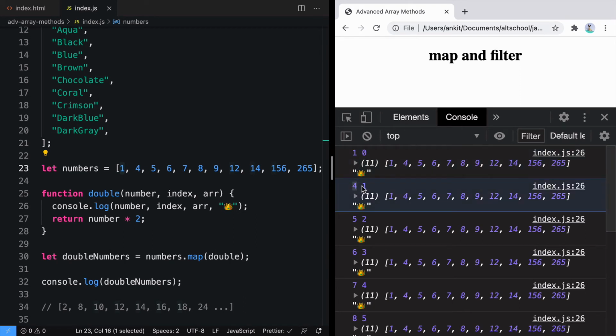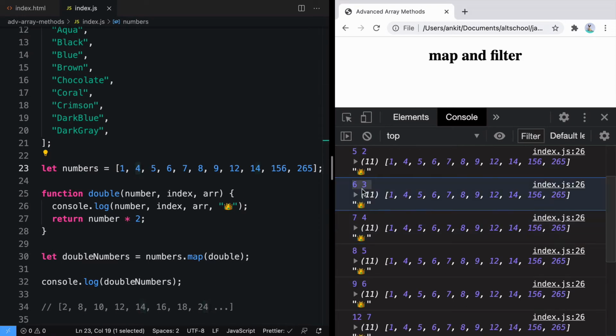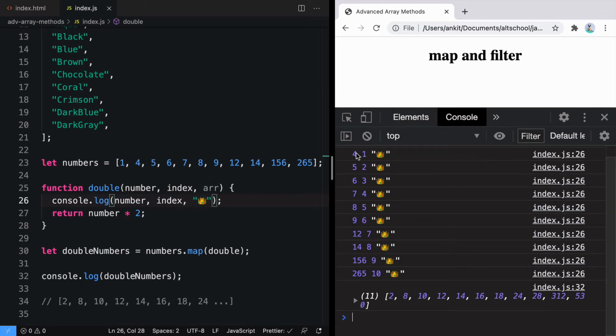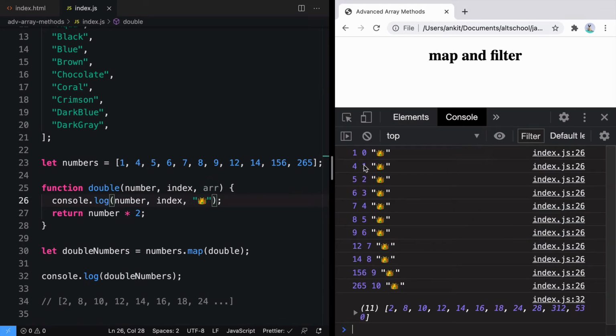The second number is 4, the index is 1. Third number is 5, index is 2. So you can see the index is increasing by 1, and on the left you have value, array remained the same. If you want to see it properly, you can just remove array and refresh it here, and you can see the index starts from 0, 1, 2, 3, 4, 5, 6, 7, 8, 9, 10, and this is the last value, and the last value is 265.